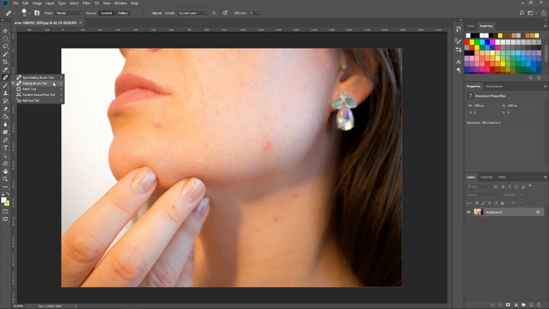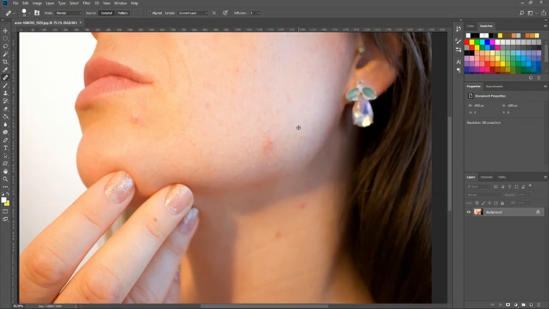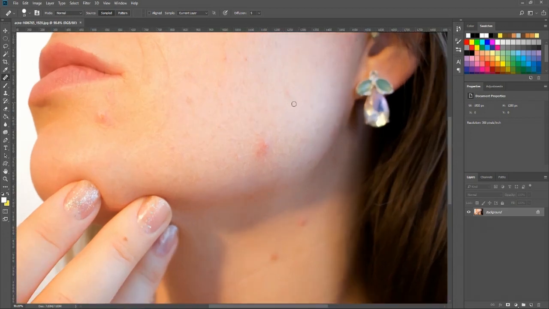So we'll start by using the Healing Brush tool here. With the Healing Brush tool, we should hit Alt to find a spot where we have good skin. So you left click, and then that's basically using it as the anchor point. And then we find a spot where we have a problem, like the acne, and we start drawing on it. And you can see that as I draw with the brush, it's actually taking the information directly from another part